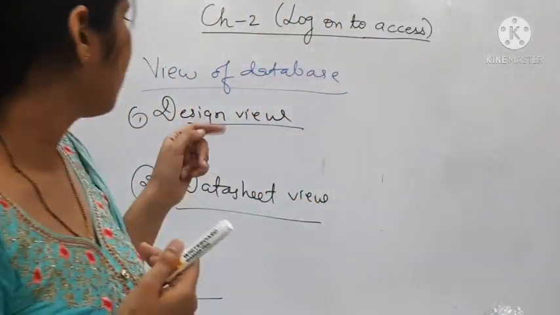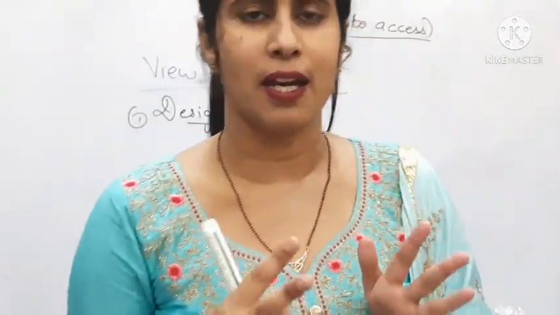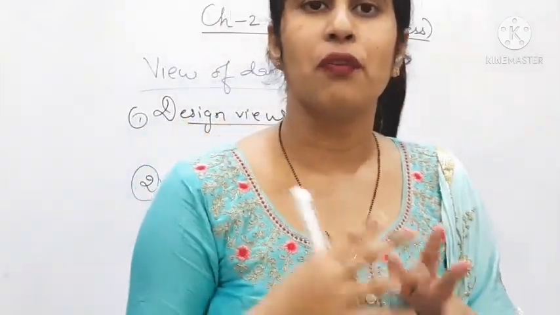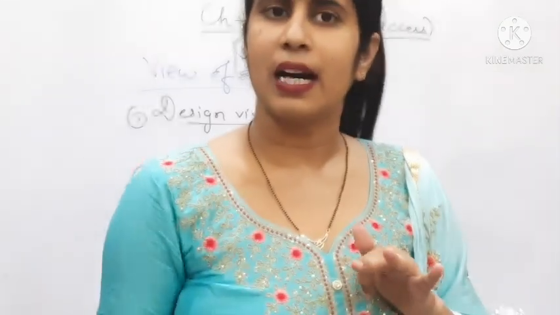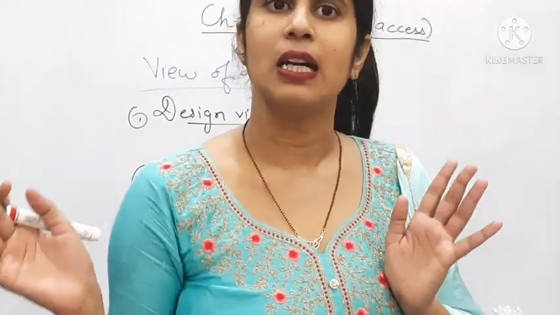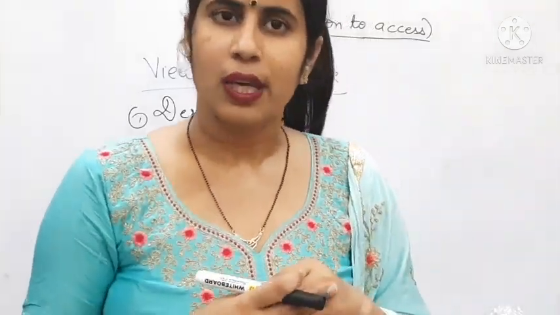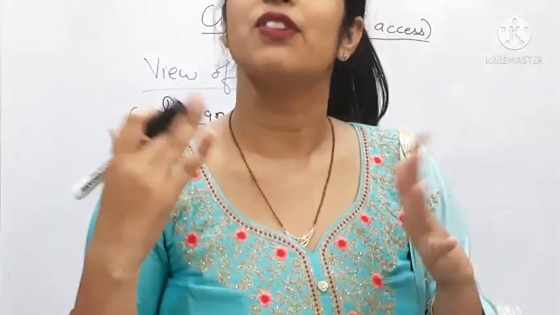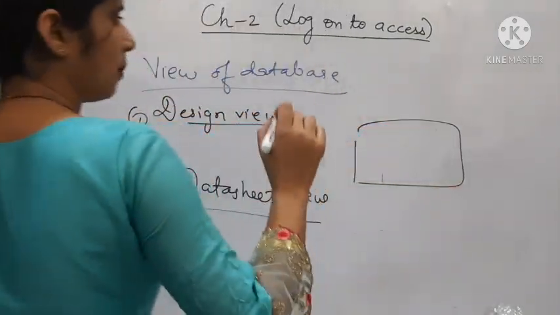And the second one is data sheet view. As its name indicates, data sheet view means here we are going to enter the data. In the data sheet view, we are going to add the data there. Okay, the data according to the field names I am going to enter in the database with the help of data sheet view. So these two are the views of the table. One is used to design. Which kind of designing am I showing you? Suppose this is a type of database there.